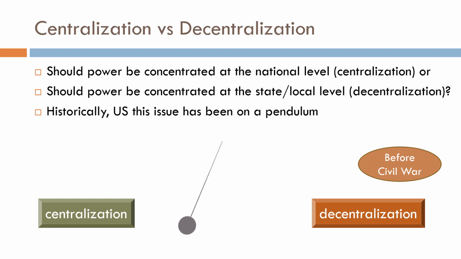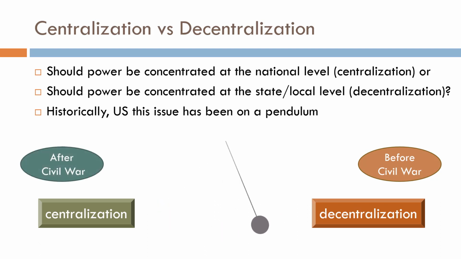States had a lot of authority. After the Civil War, we moved more toward centralization, which makes sense, right? The Civil War was about, well, they said it was about states' rights, but it was, as Tim Wise says, states' rights to own slaves. But in any case, the federal government won, and after the Civil War, it exerted its authority more heavily over